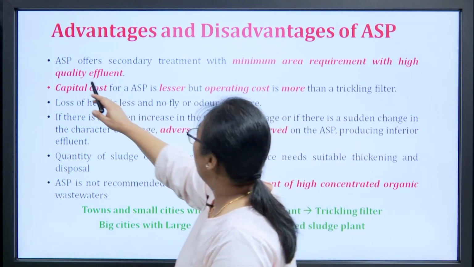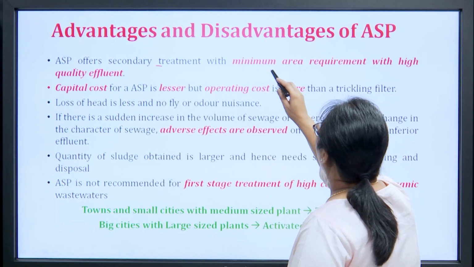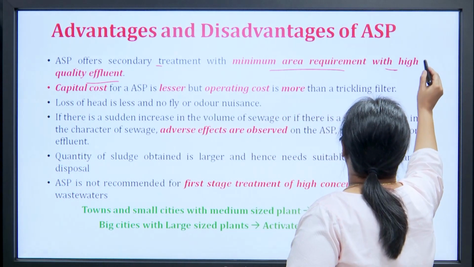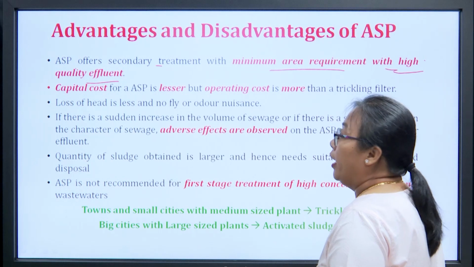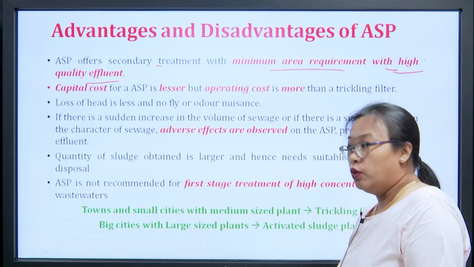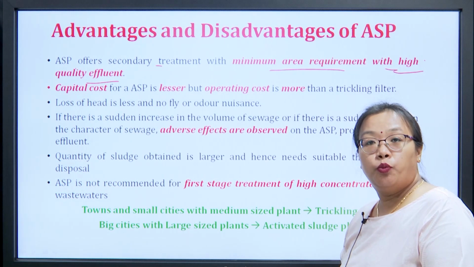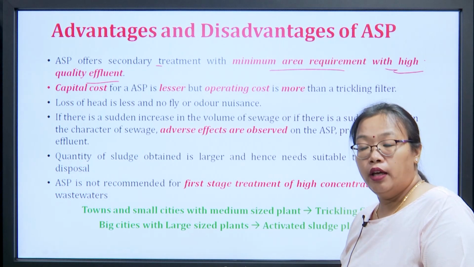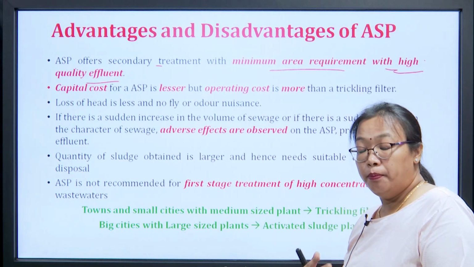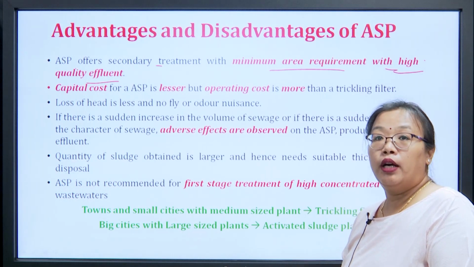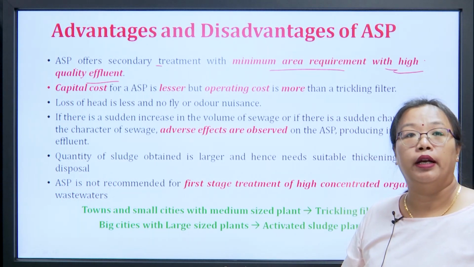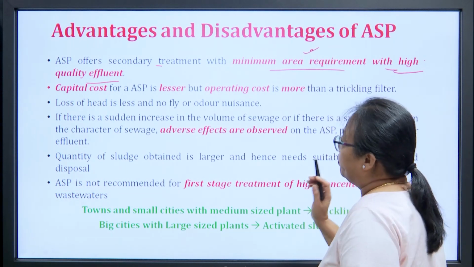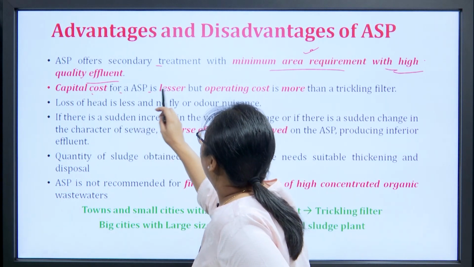So, ASP offers secondary treatment with minimum area requirement and high quality effluent. ASP जो है अच्छा effluent देता है और आपको area requirement ज़्यादा नहीं चाहिए. So what? तो अगर area नहीं चाहिए इसका मतलब है this is going to work for big cities, right. बड़ी cities में land अगर आप खरीदने जाएंगे, land requirement is going to be a big important factor, right. So अगर थोड़ा सा land में काम चल जाएगा then it is going to be a very plus point. So this is going to work in big cities,